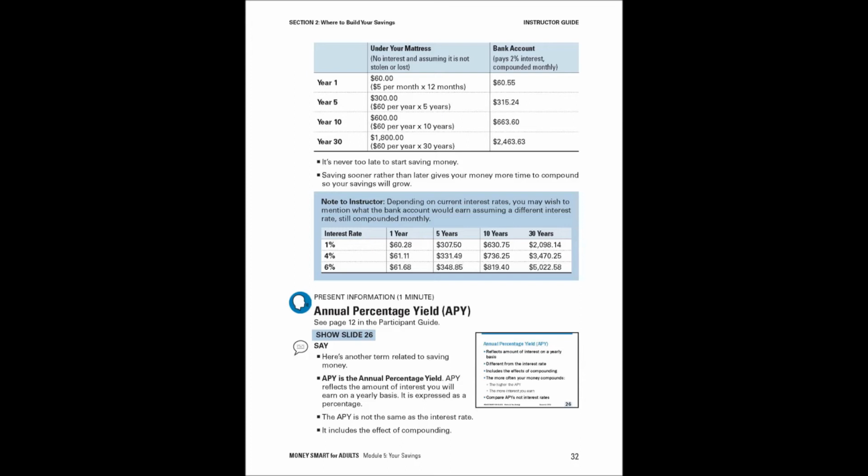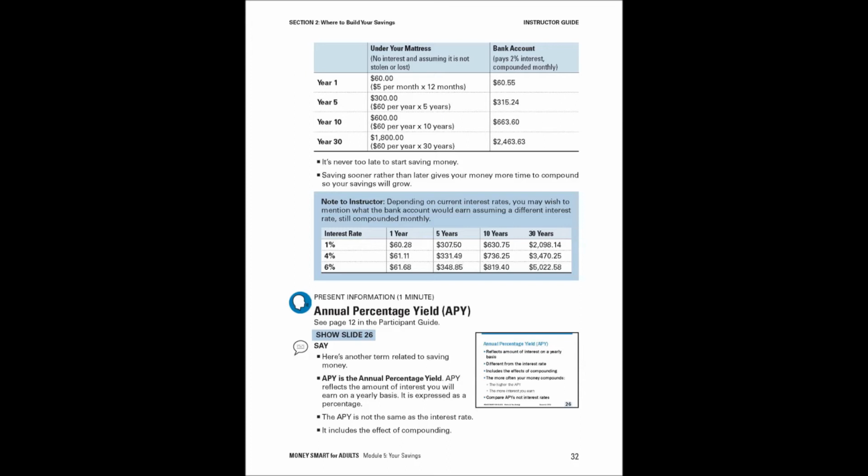So now that leads to the topic annual percentage yield, which reflects the amount of interest participants will earn on a yearly basis. It's expressed as a percentage. Now, the annual percentage yield, or the APY, it's not the same as the interest rate, even though banks or credit unions may advertise the APY, that doesn't mean that that's the interest that's going to be earned on the account. So make sure that you point that out to your participants, and also mention that it includes the effect of